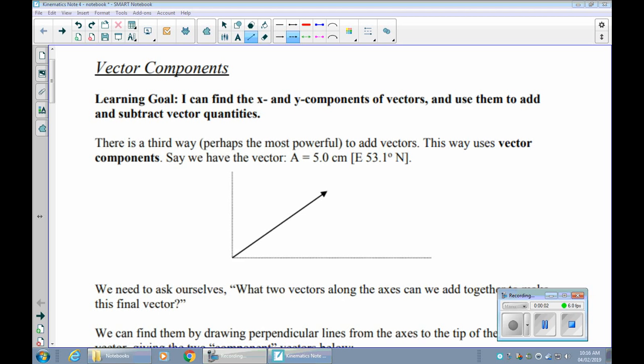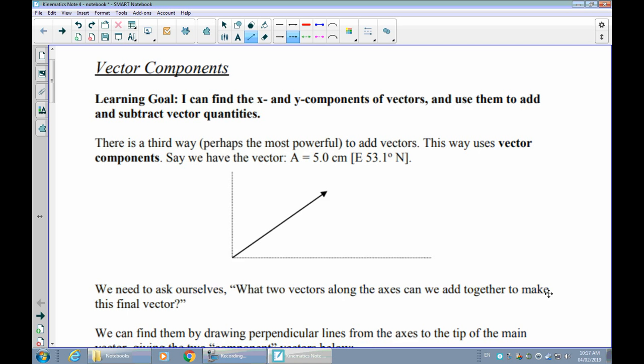We've now already looked at two basic methods for adding vectors together. The first was just to draw them in a perfect scale diagram and then figure out what the addition vector would look like strictly by measurement. We also drew our diagram sort of roughly to scale after that, and then we were able to solve for the new vectors just using geometry. But there's a third way, and it's perhaps the most powerful way that we can add vectors, and it involves something